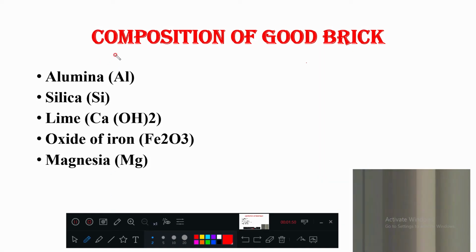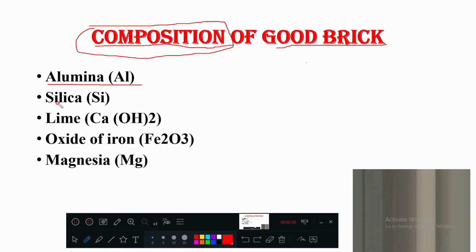Now in this one, we are seeing the different constituents, or you can say composition, of a good brick. First, what is it made up of? The main constituents will be alumina and silica. These two are the main important things which are present.